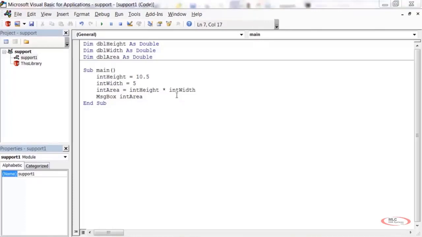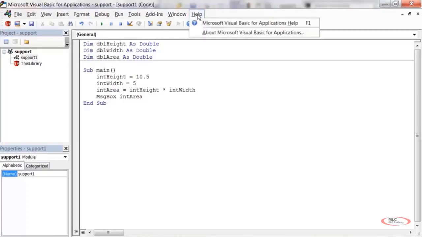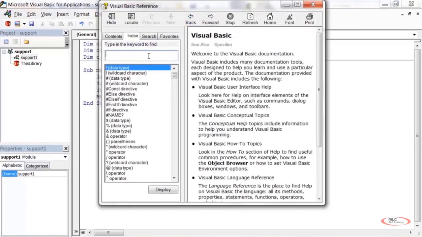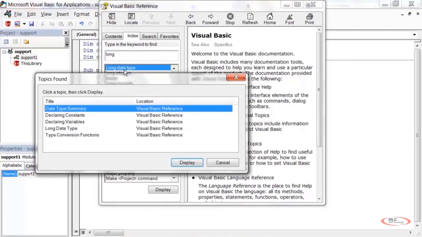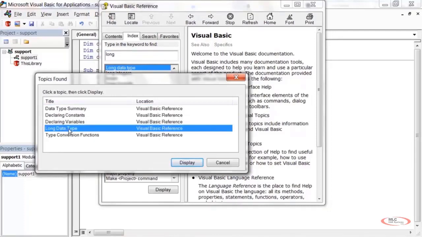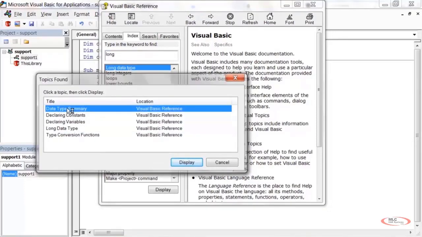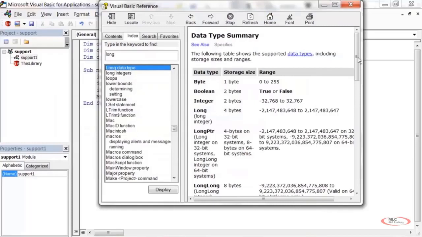Another data type you'll see used a lot in the SOLIDWORKS API is long. And long is basically a bigger version of an integer. It can still only hold non-decimal values, but it can hold larger ones. So you might be wondering, how do you know exactly what these can hold? Well, if you go up to help, I want you to type in something like long. So long will take you to the long data type. You can just go to this part of the menu that says long data type, but if you actually go to data type summary, it gives this nice chart that shows all the different data types available and